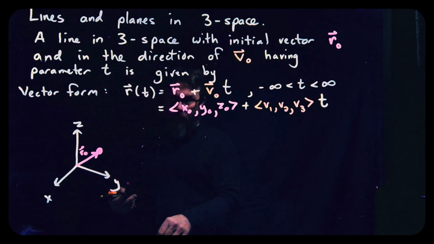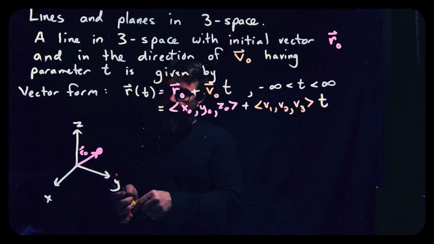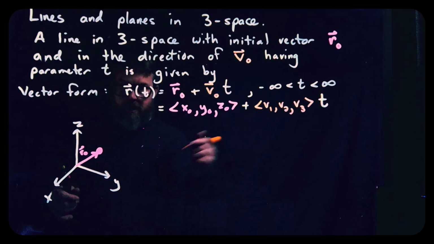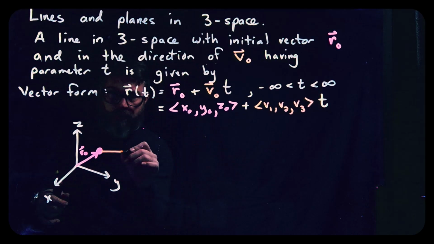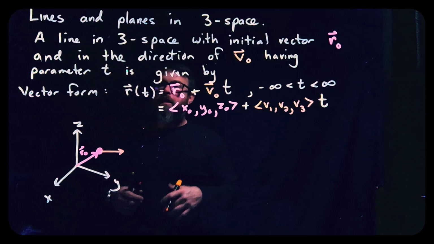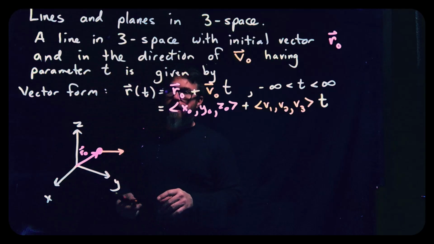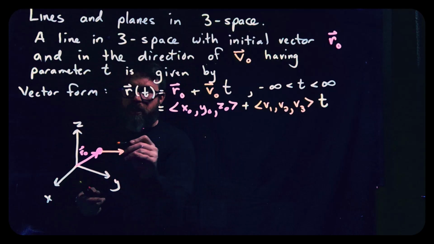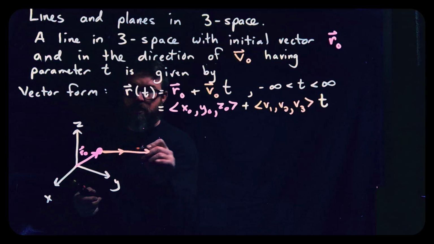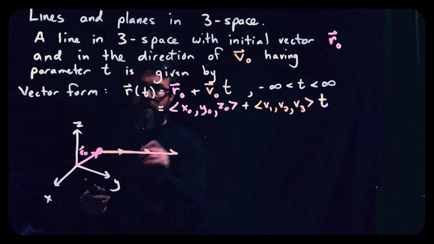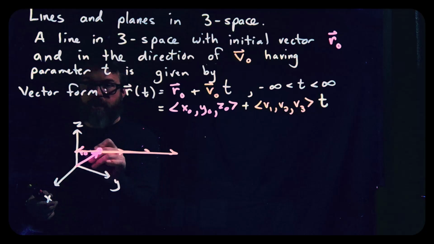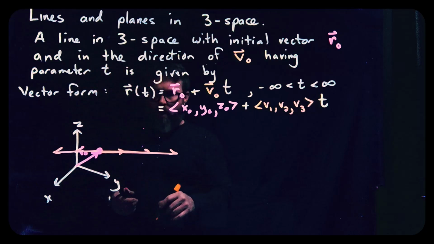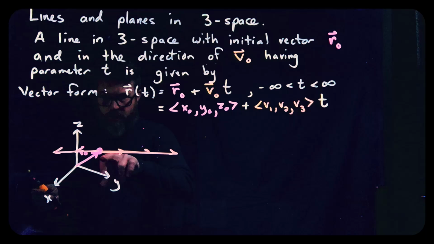And then I'm going to have to go in the direction of this v0. So say this is v0, this would just be one of those v0s. And then I'm going to multiply this by t. So that means it's not just one of it. It could be 2 of it, or 3 of it, or -1 of it, or -2 of it. So what we can see is that from this initial point, which is drawn by the vector,